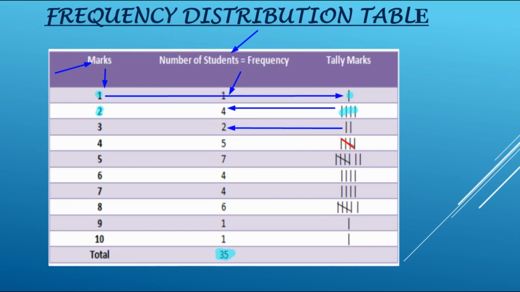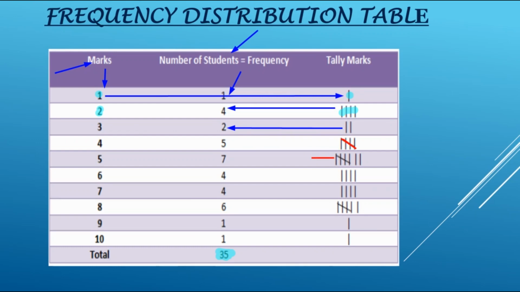Fifth tally mark is made like this. It is not a cut. Actually, we count like this: 1, 2, 3, 4, and then we make this line to make it a packet of 5. So here you can see in the next one, it is a packet of 5